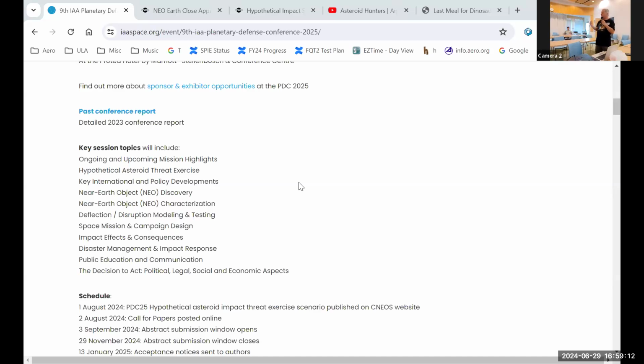And after the conference, the entire conference will be recorded, and all of the presentations are going to be loaded to the database, so you can look at it. You can go to the previous conference, and all of the presentations and the recordings should be available there. So that's one thing that I wanted to share with you.